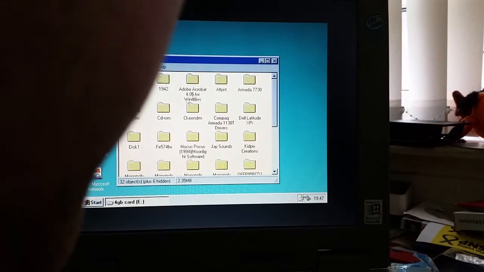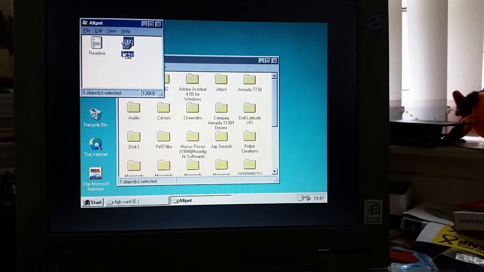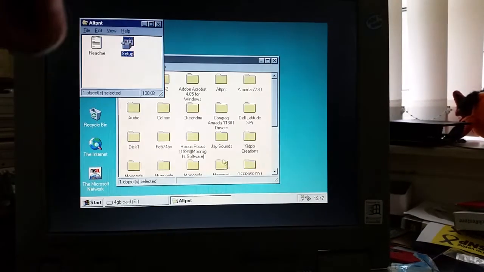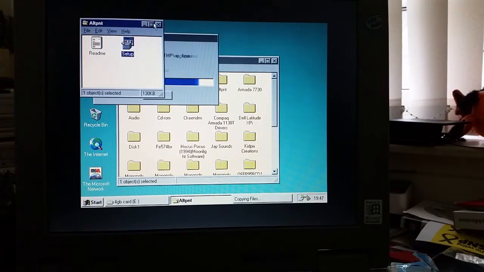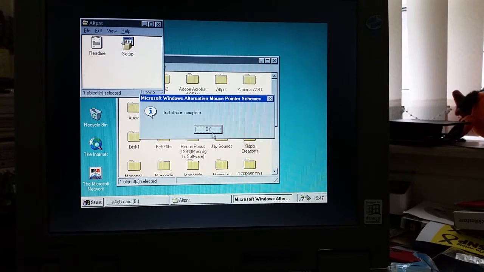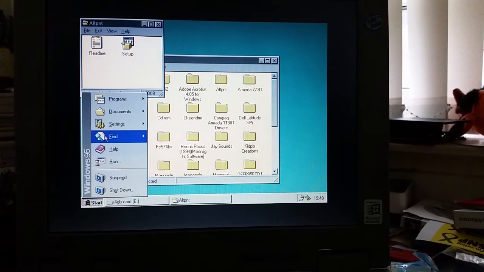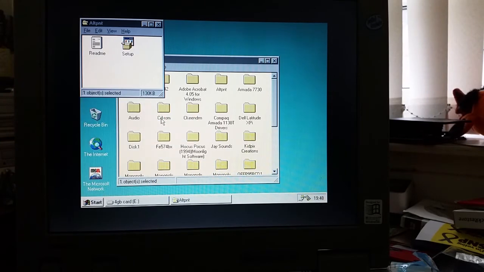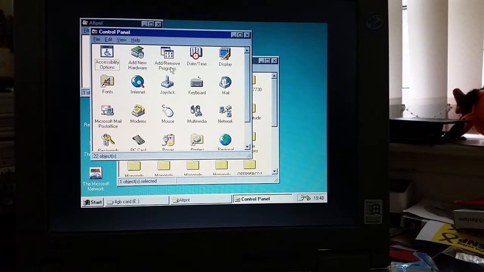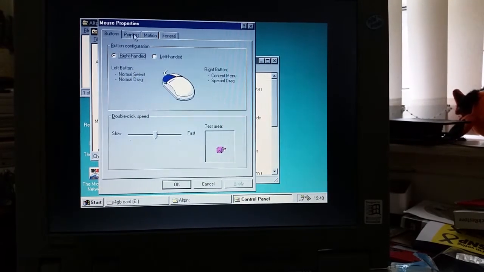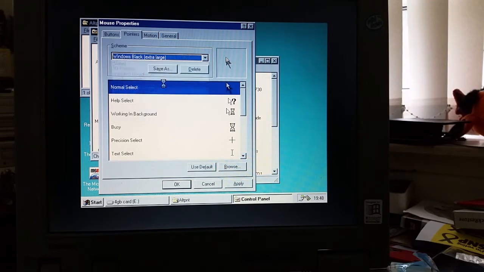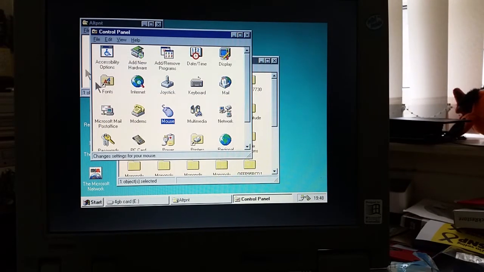First things first, I want the Alt Point, alternative mouse pointers for Windows 95 and NT4. Which, unbeknownst to Billy Core, these pointers are actually included with Windows 98. If you install them, you find them under the accessories, whatchamacallit. Yeah, under accessories. Now, before I do anything, if it will support it, I'm going to change the